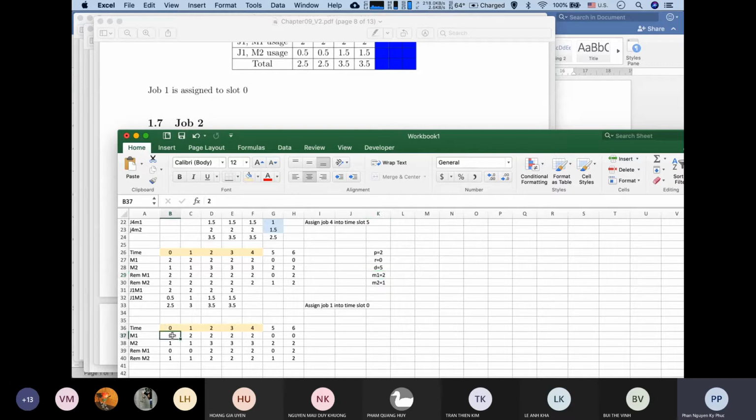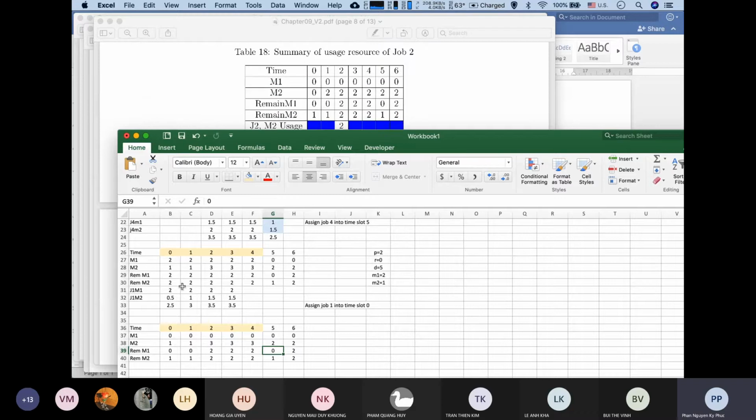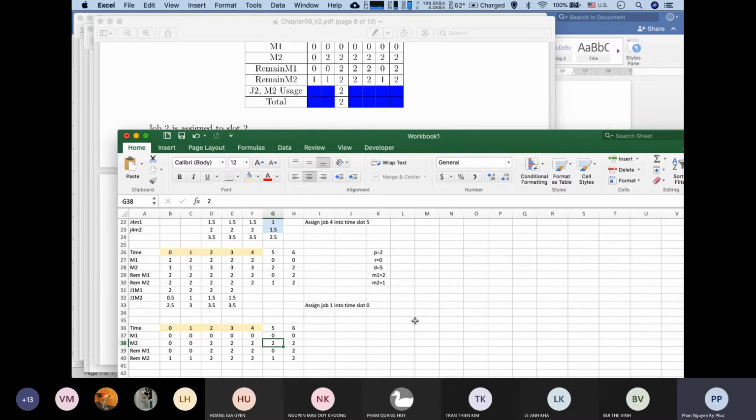So here we subtract by 2, so here 0, 0, 0. So that's why after we assign job 1, we got a new table like this. And here we need to update this 0, 0, 2, 2, 2, and this is the remain. So for the next job,